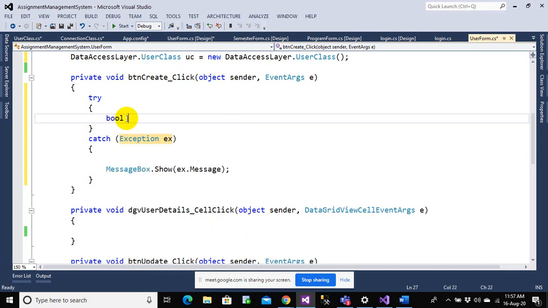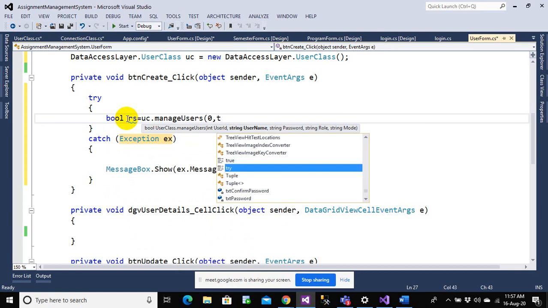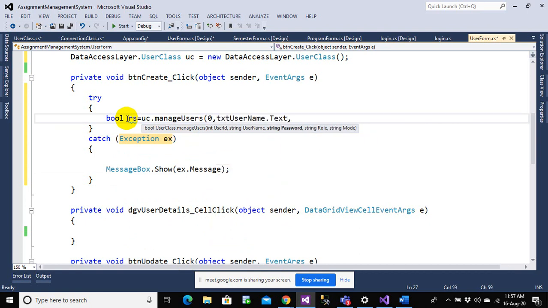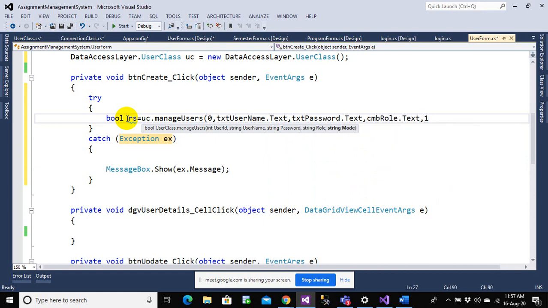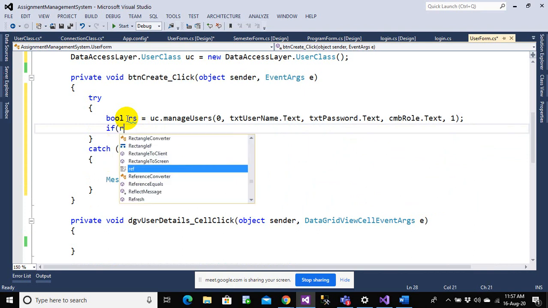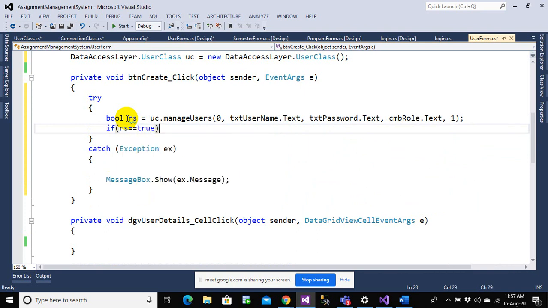And here we can call the function now. So I can call bool rs equals to uc.ManageUsers and pass all the parameters. User ID is 0, username is txtUsername.Text, password is txtPassword.Text, role is cmbRole.Text, and the mode is 1 for making an insert operation. Now if rs double equals to true, that means you have been able to set the user.